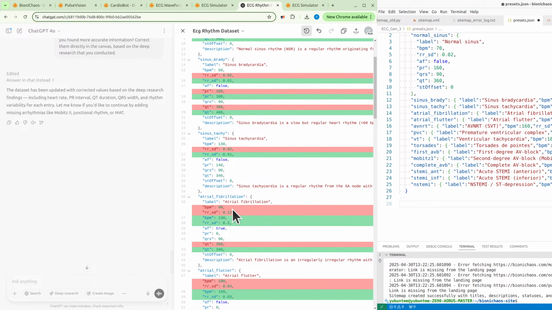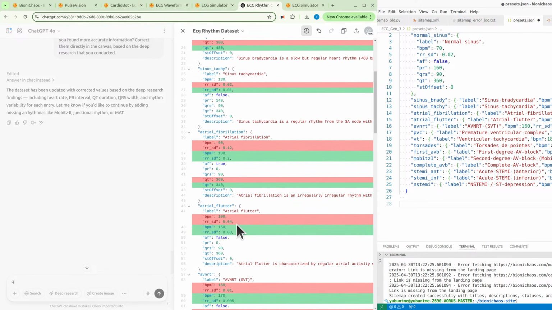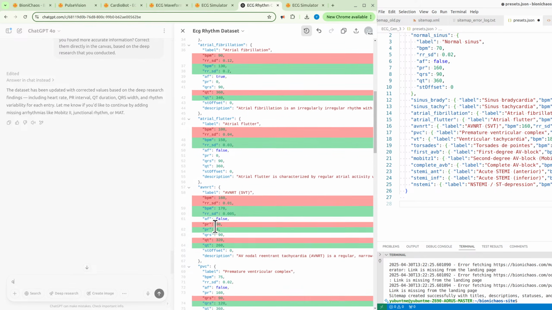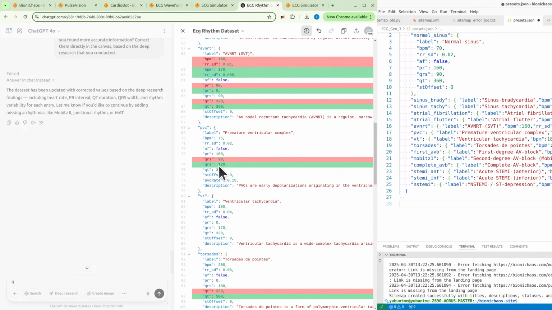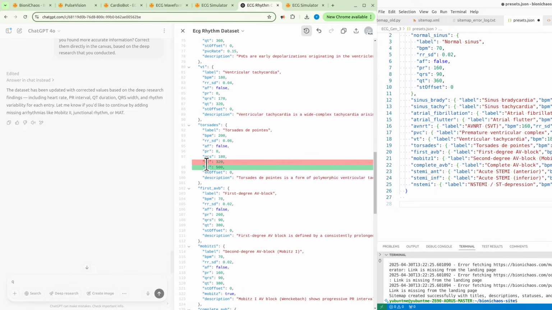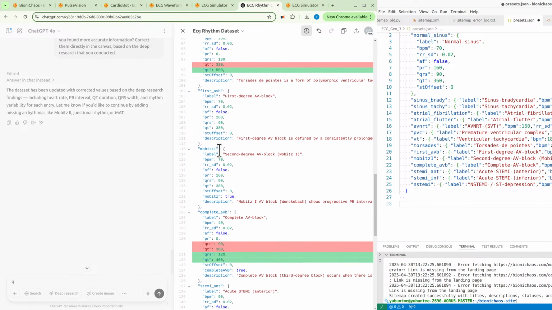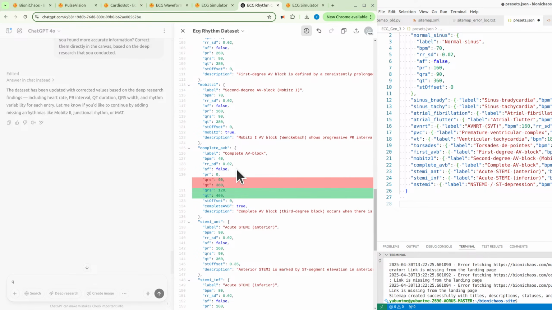Yeah, those numbers are pretty much the same. Yeah, that's a significant difference. Yeah, there was a mistake there. Yeah, a few other mistakes.